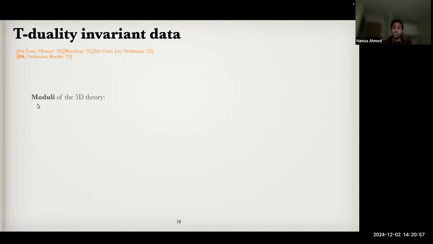One, which we touched upon earlier, is the moduli of the 5D theory. The number of deformations that you can do to your 5D theory should, of course, match for any class of T-dual theories. In this case, the moduli that we will talk about are the Coulomb branch moduli. For example, the dimension of the Coulomb branch must match,